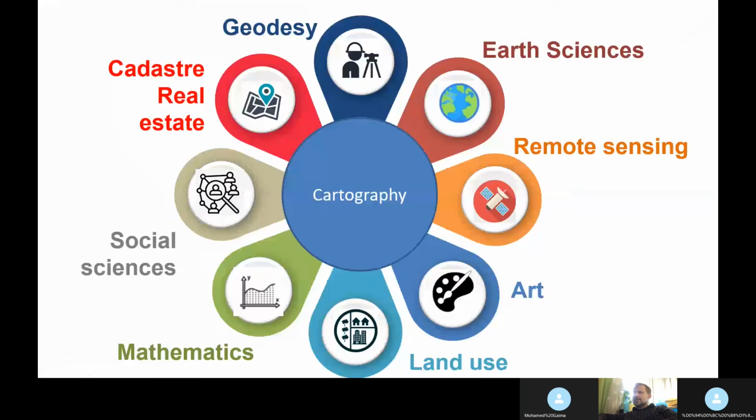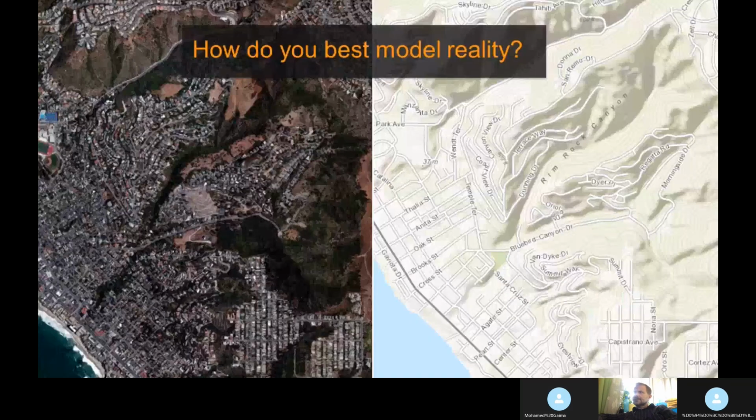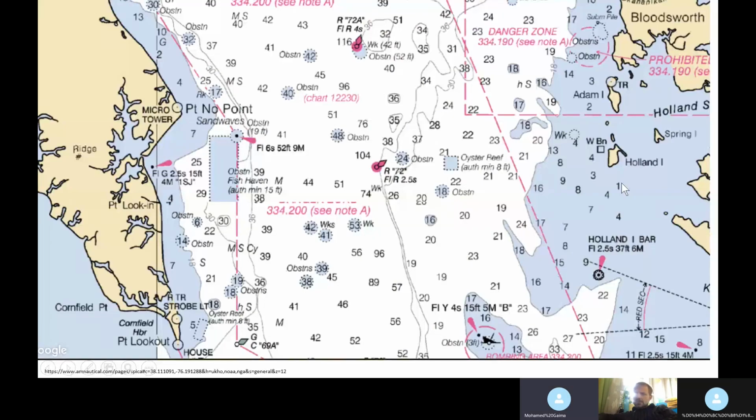Another example is Nautical Charts. Here you can see the link. I will share it with you later. Nautical charts are a special purpose map which explains all the features of any aquatory, and these numbers are the depths in meters below sea level, and